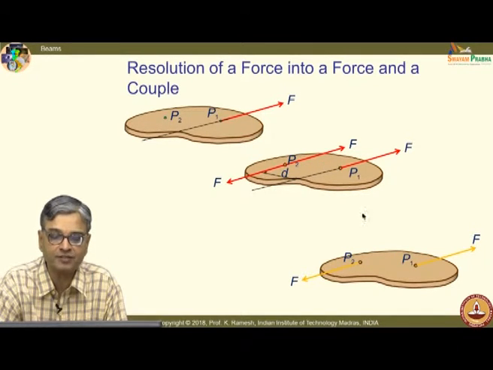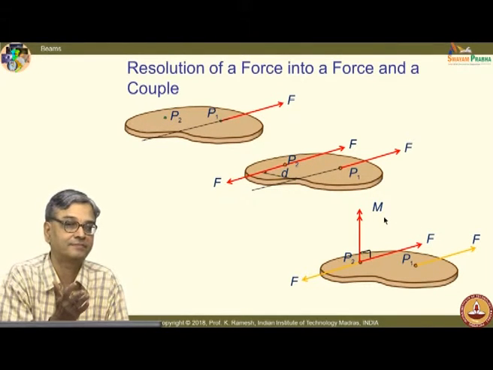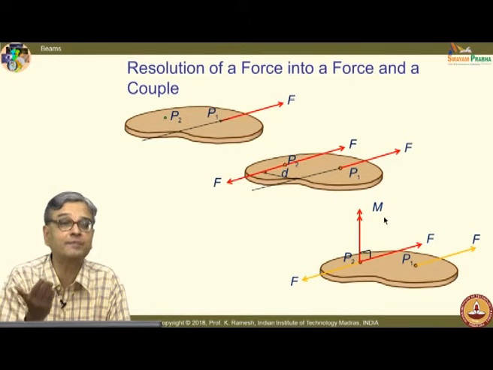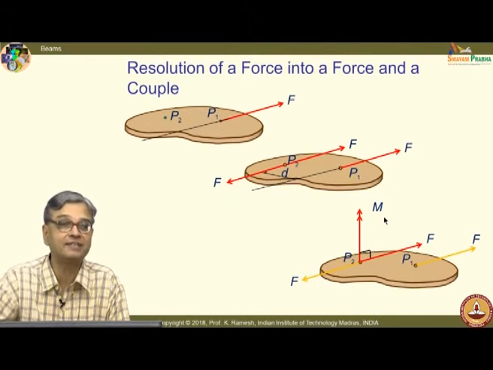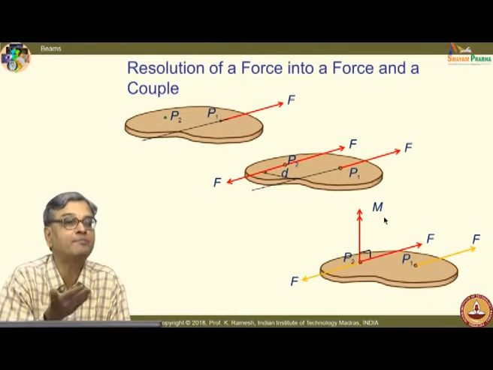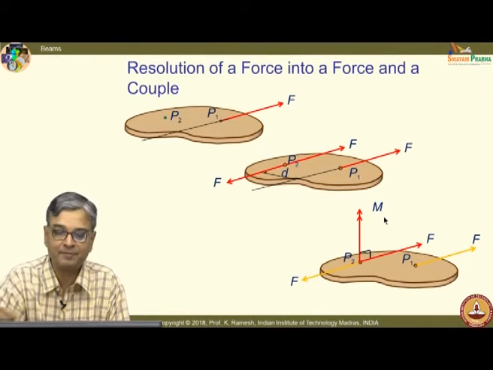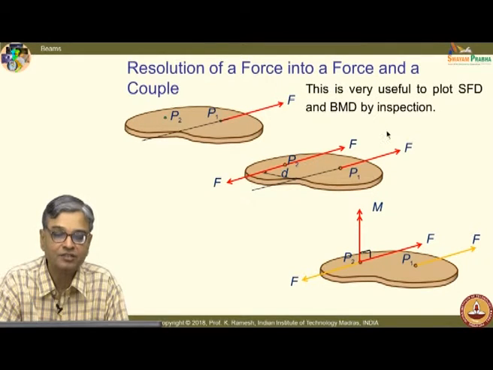So, when I reduce this force system here, what is written in red is the final one. These are like intermediate steps. I have a force as well as a couple. What you write as shear force and bending moment is nothing but the effect of the force acting at some distance, as force and moment. That is what you are writing. Let me explain it. This is very useful to plot SFD and BMD by inspection, and this is where the sign convention of Prandtl is very useful.